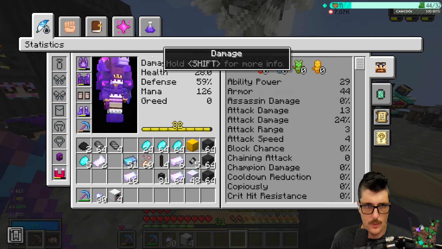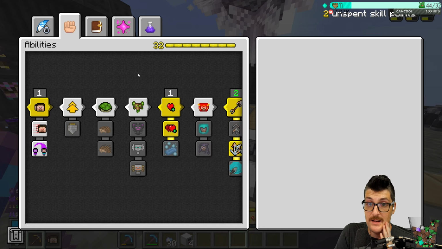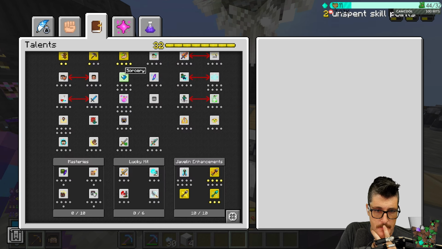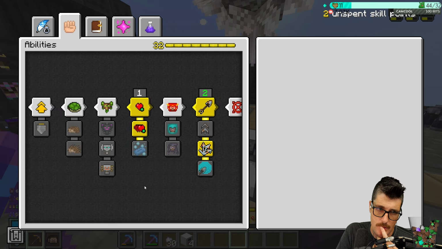A worthy thing. We have 2 skill points. Where are we going with these skill points? Because our javelin's maxed out. We can't do any more with that. There's no real way to add strength. I don't know if this... I guess that works. But...